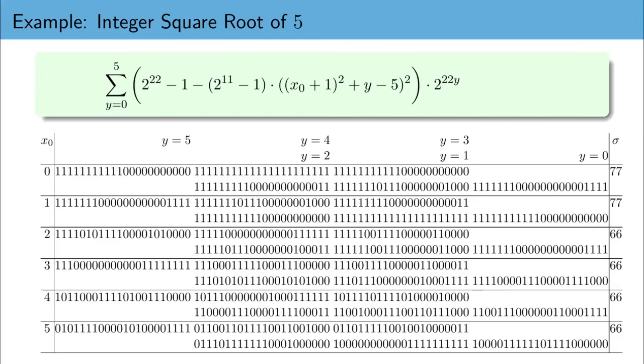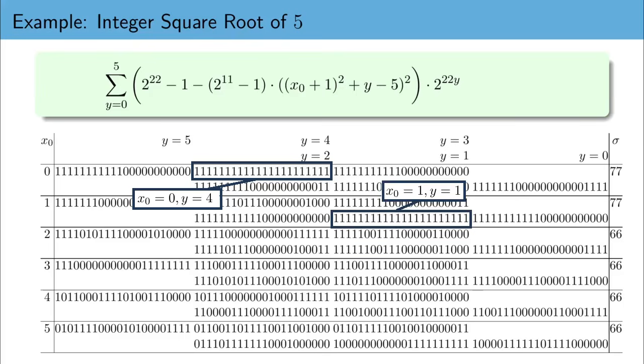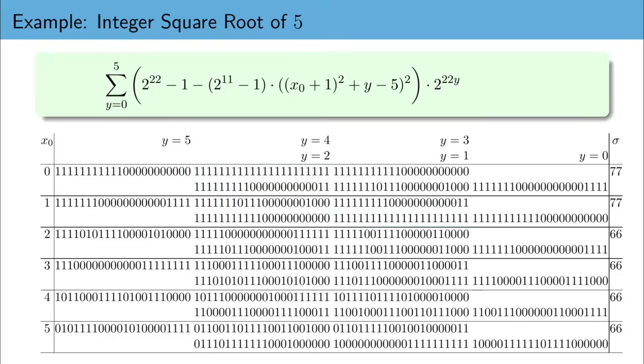But whenever our polynomial outputs 0, we'll have an extra s, an extra 11 ones added to the sum. Our polynomial is 0 here, corresponding to x0 being 0 and y being 4, and here when x0 is 1 and y is 1. We can then concatenate this entire table of values together by multiplying by 2 to the